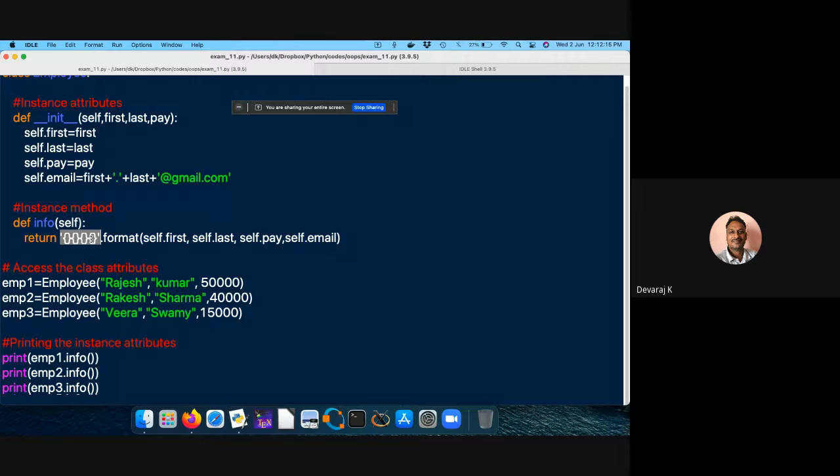These are the 4 values I have, and the format is going to insert those 4 values into the string. Maybe in the other example also I used the same format. So it only works for strings.